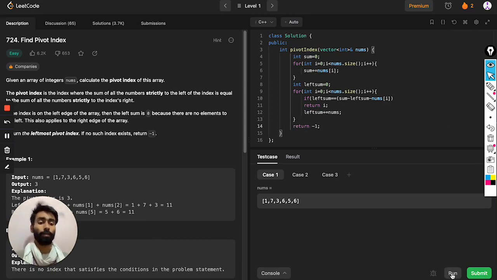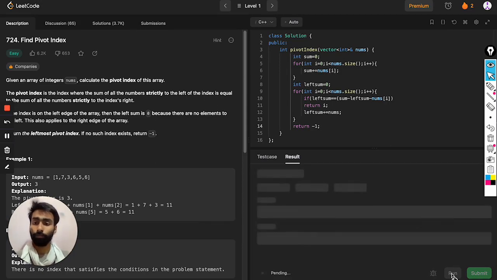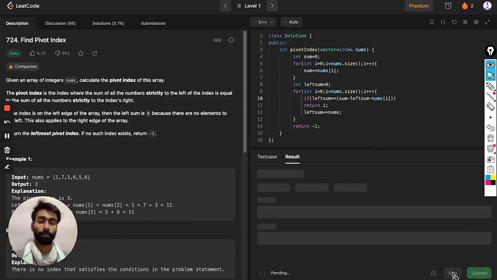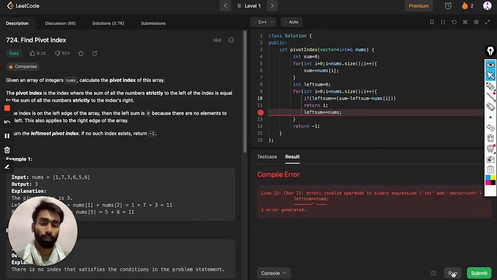So let's compile the code. Oh sorry, I forgot to add this small bracket here.